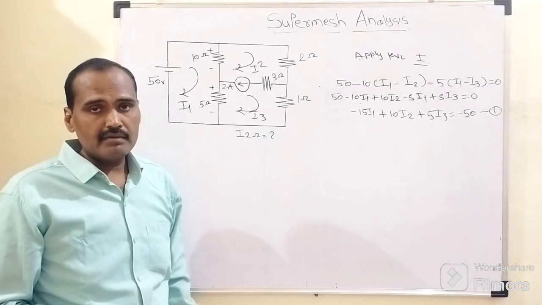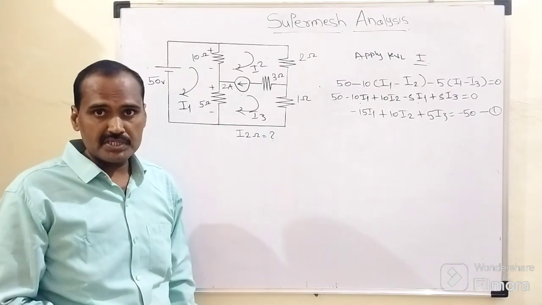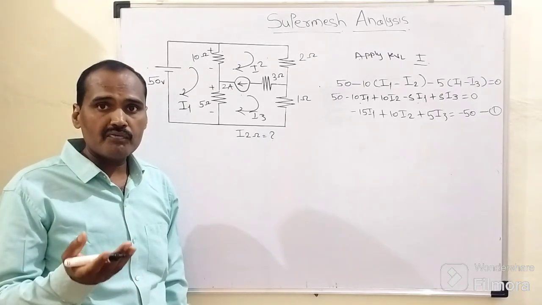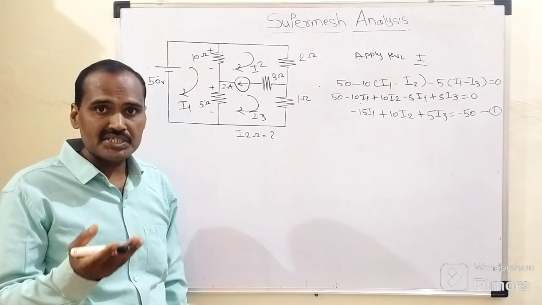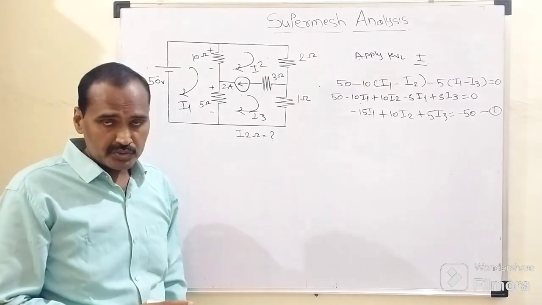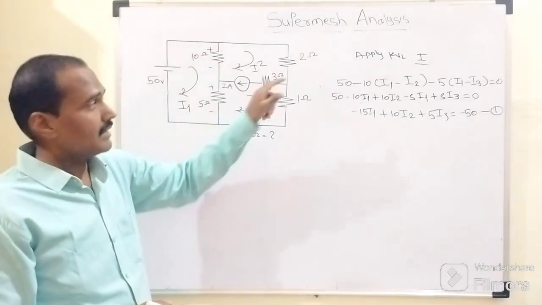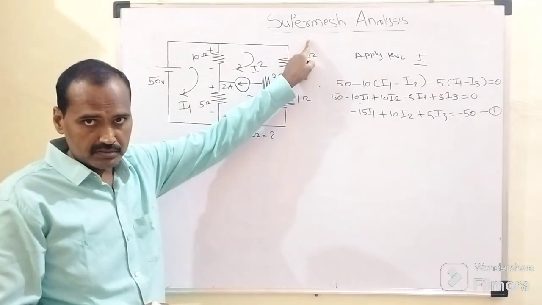So whenever we have such a situation in which multiple meshes or loops are sharing the same current source, at that time such a scenario can be called a super mesh,